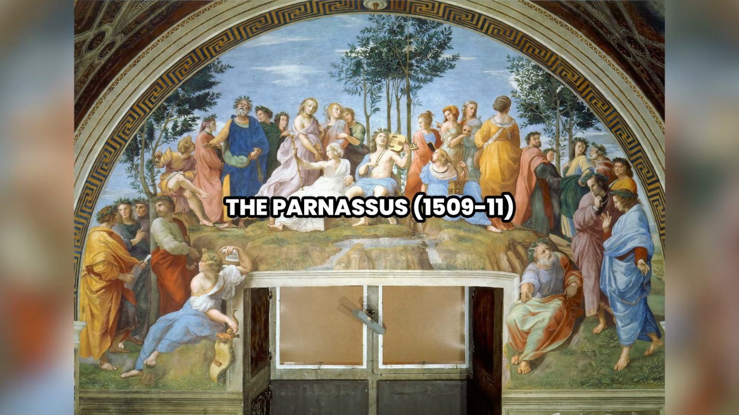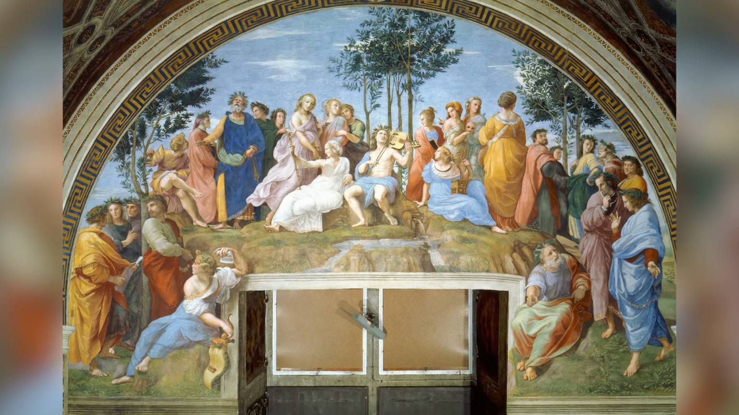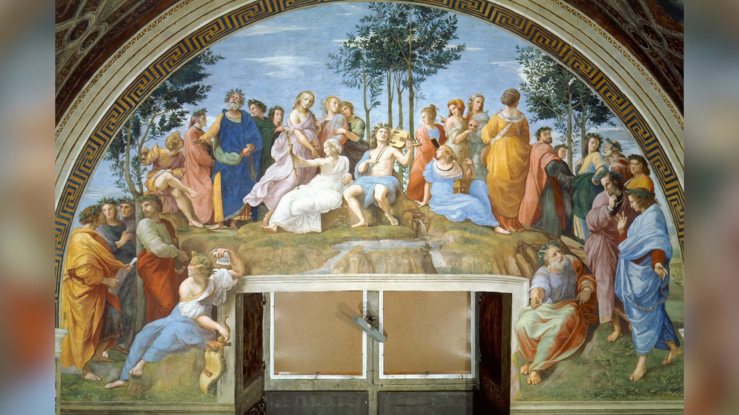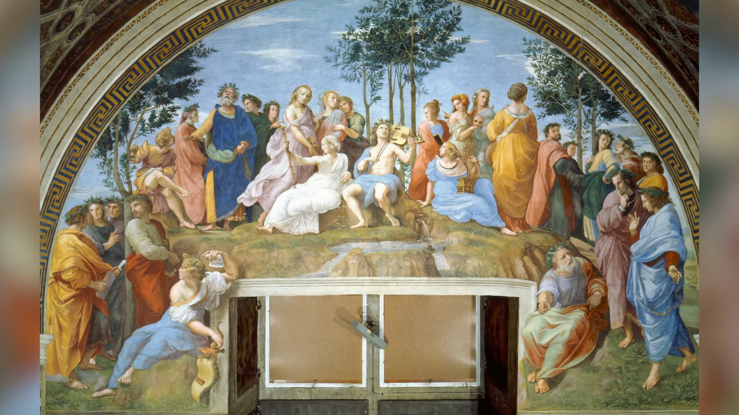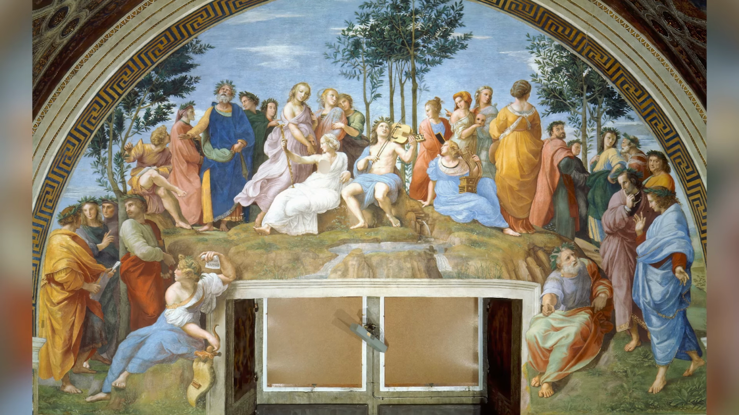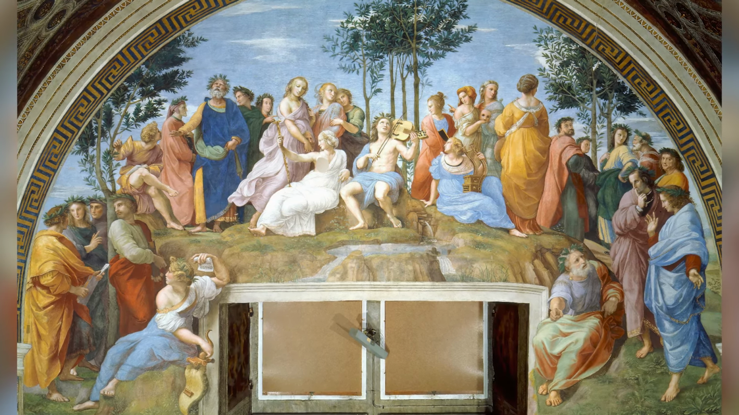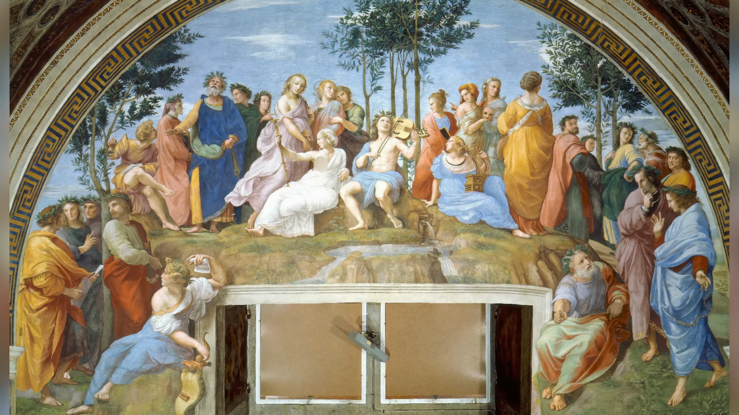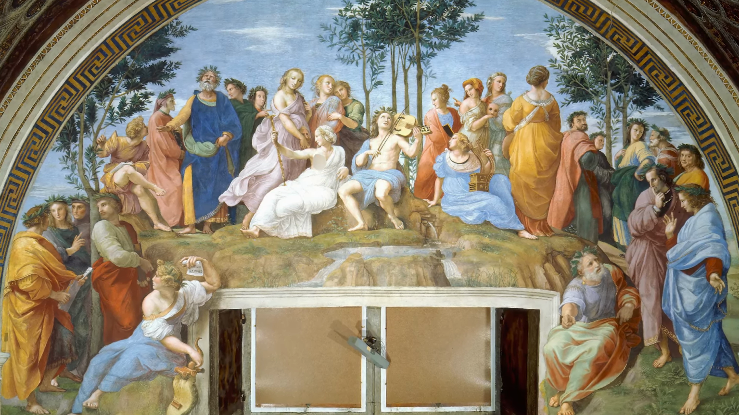Number 12. The Parnassus. From the year 1509 to the year 1511. Between 1509 and 1511 AD, Raphael Sanzio painted the Parnassus, one of the most emblematic works of his time at the Vatican and a manifestation of the humanist ideal of the Renaissance. This work is part of the decoration of the Stanza della Segnatura, the private library of Pope Julius II, where